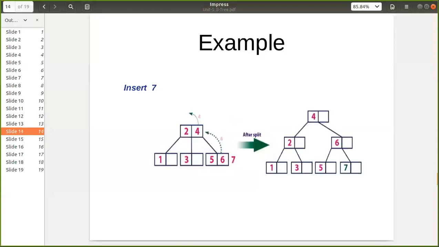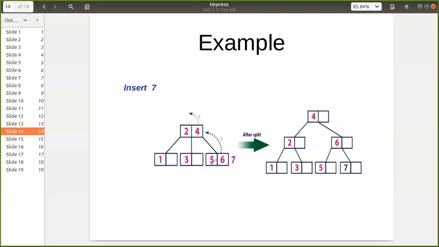Then now 7. Now in this case we can see that 7 cannot be accommodated. So we'll start from this one while inserting: greater than 2, greater than 4, we are coming here. This can be inserted here, but we cannot accommodate it as the limit on the number of keys is exceeded.